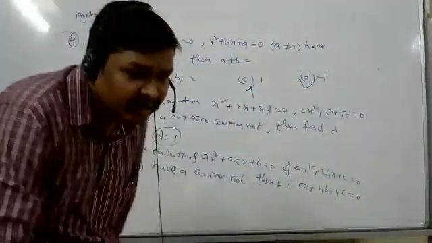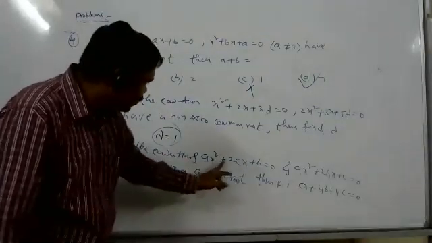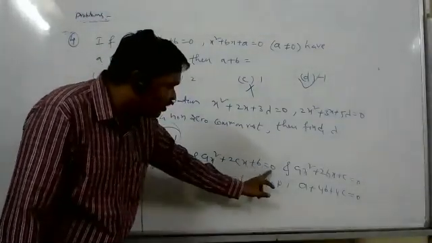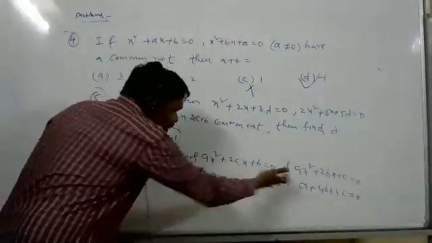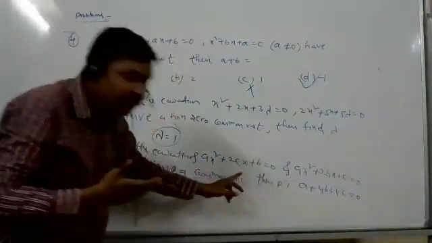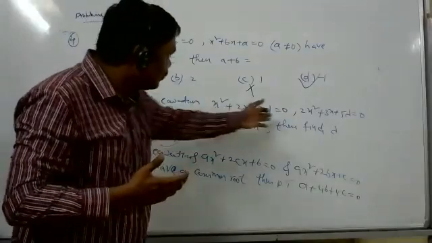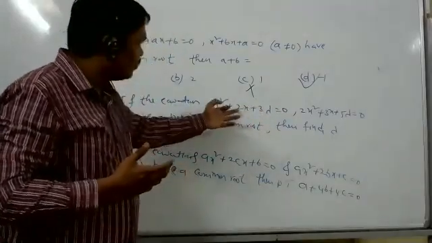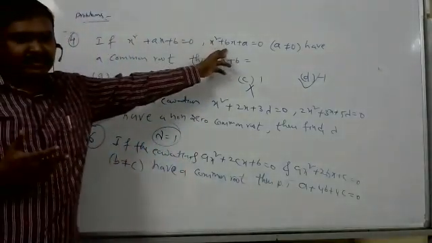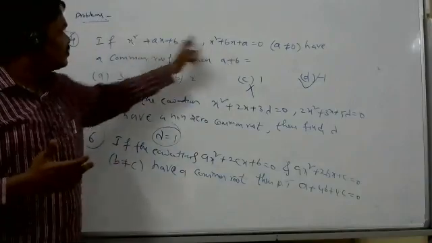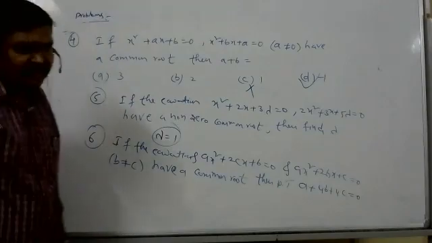Sir, for every question, can we subtract them? Not every question. In this question, ax square plus 2cx plus b is equal to 0 and ax square plus 2bx plus c is equal to 0, then ax square gets cancelled. Sir, for the above question also we can cancel, no, sir? Yes, we can cancel, but here multiply by 2. This question also, subtracting both, x square gets cancelled. Sir, we can also equate it. You can also equate it.